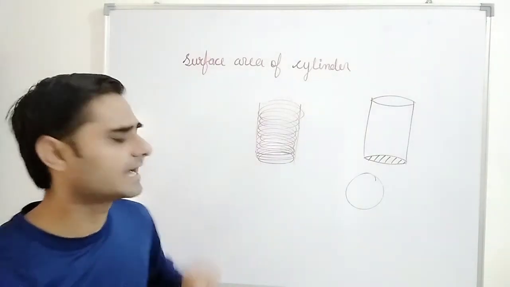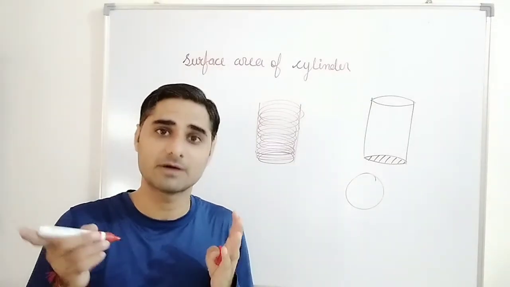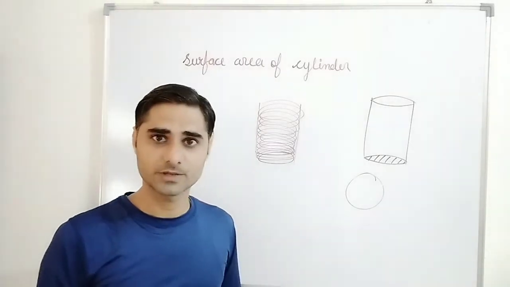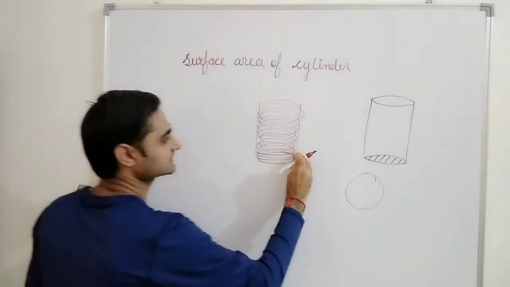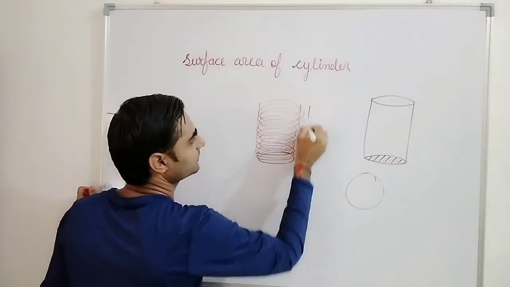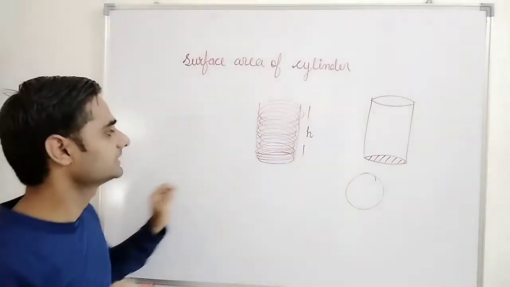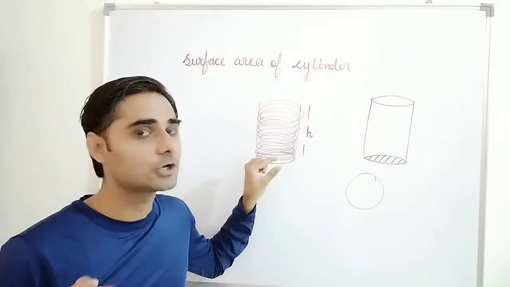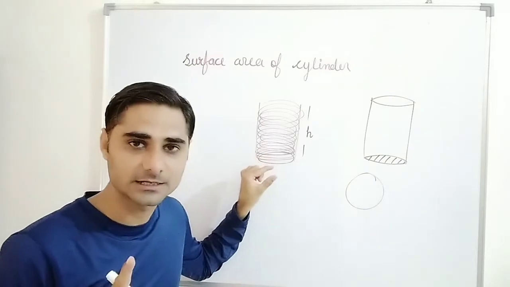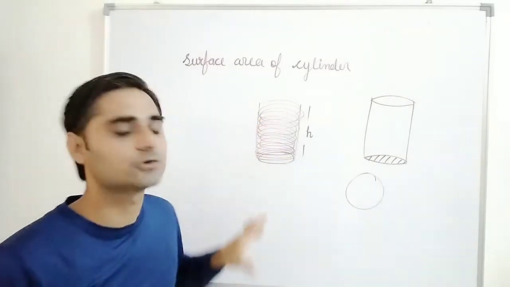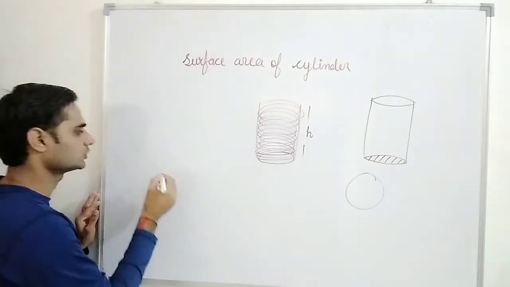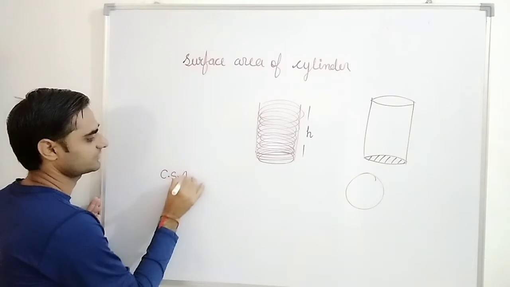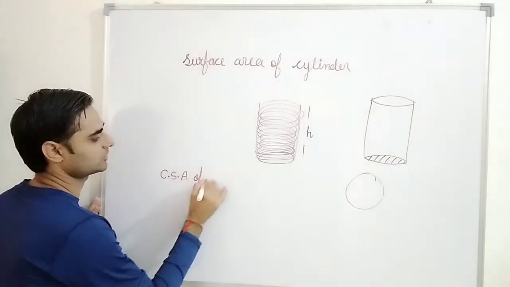We cannot measure the height of a circle because it does not have height, right? So how will we find the thickness? We will not take thickness. We will take total height. How many circles we have put on each other? We will not count the thickness of one circle. We will just count the total height of all circles. So, total surface area or curved surface area. First of all, we will talk about curved surface area, CSA, of cylinder.